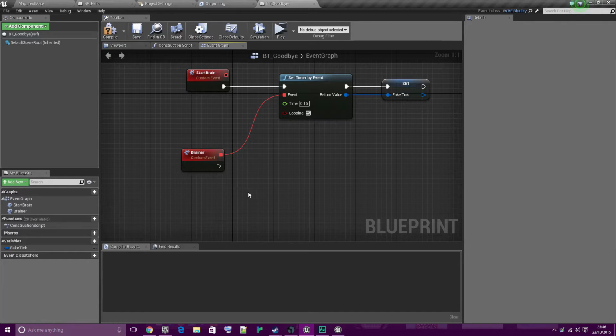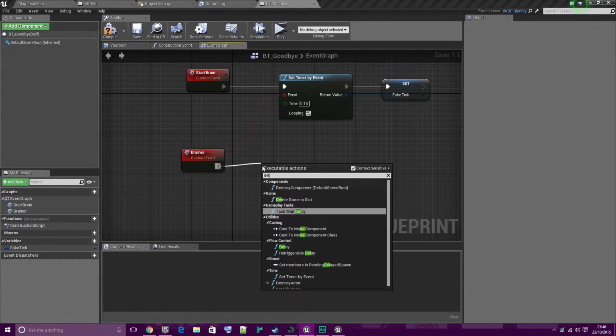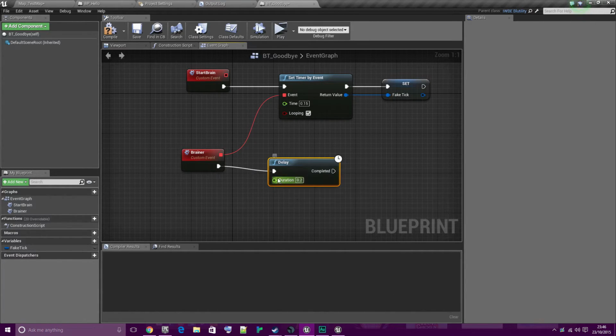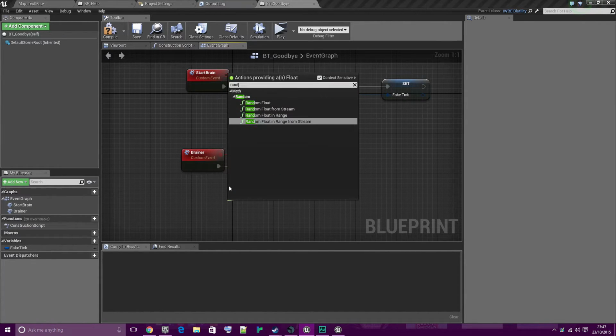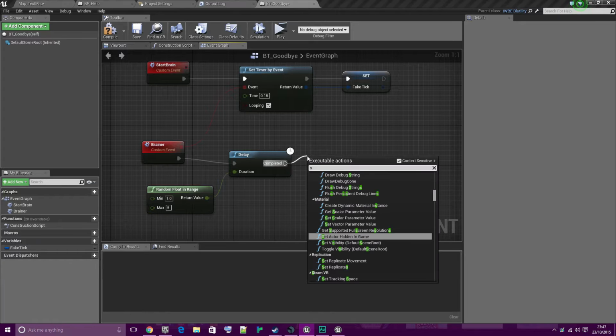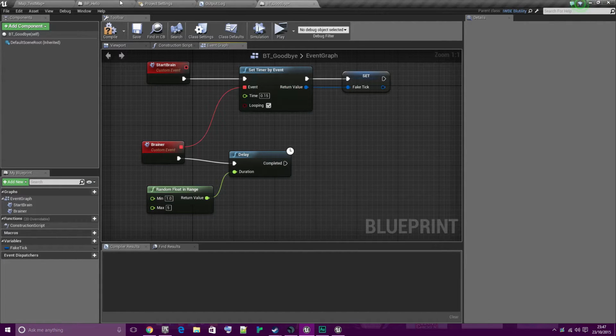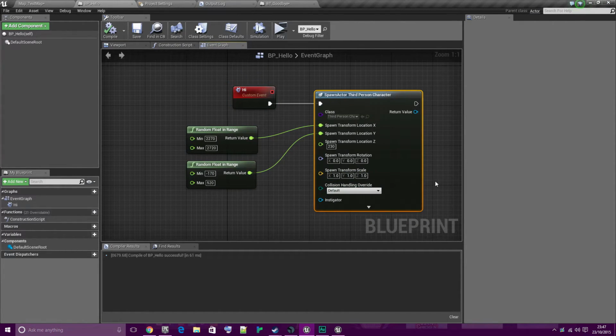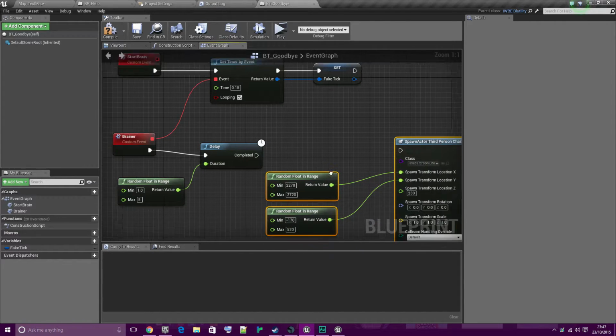Anyway, so this is now going to be our fake tick. So we're going to have a delay in it. Let's do a random delay in range from, let's say, 1 second to 5 seconds, and then we're going to spawn actor. Well, actually, we'll just copy the exact same code as before. There we go.